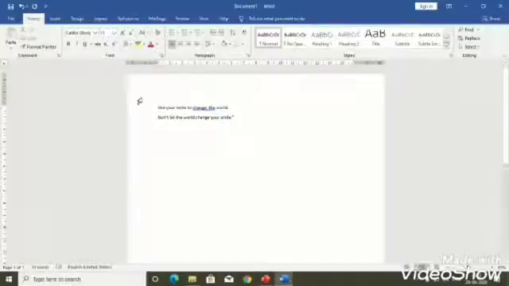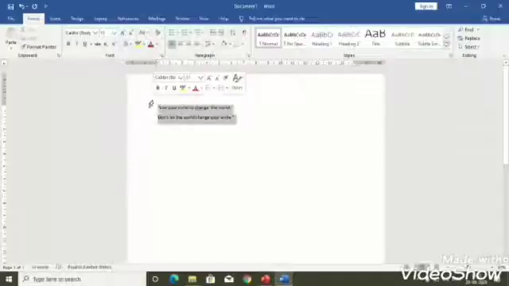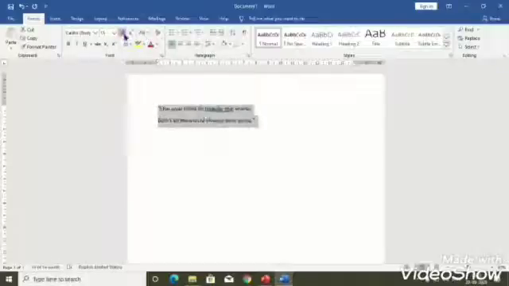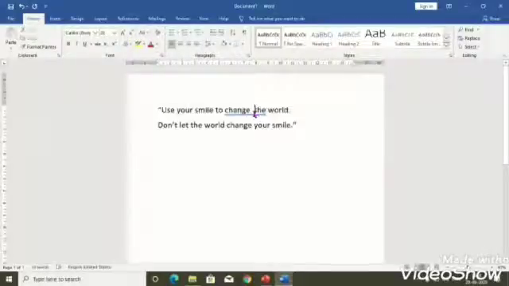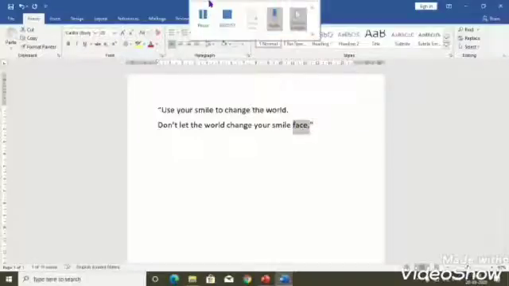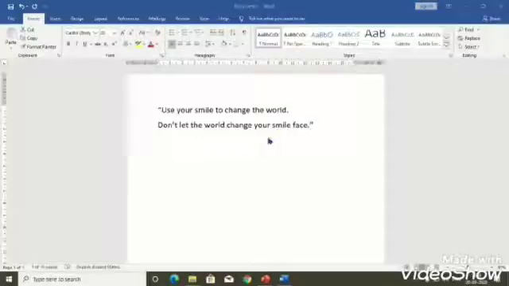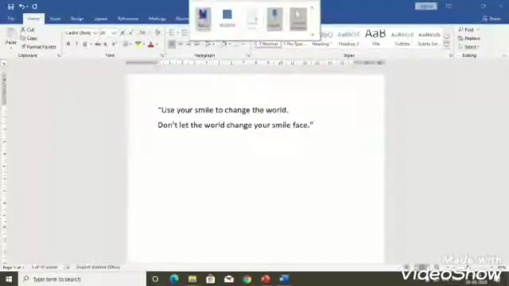I write a beautiful quote here and on this I want to make some editing, that I want to make the font size big. Suppose I have to add something, the word face, then we simply press enter in front of smile and then type the word face. So this is the editing process which we can do in the computer world.